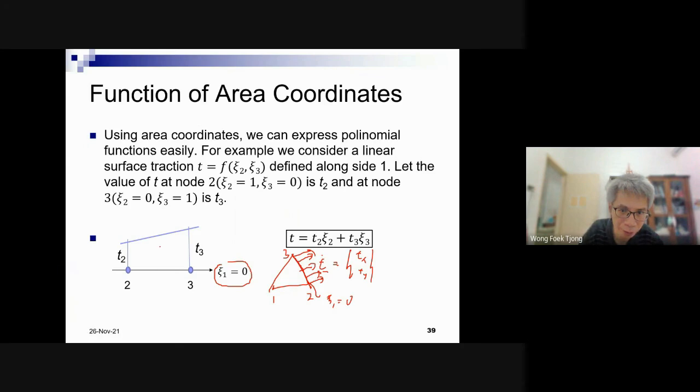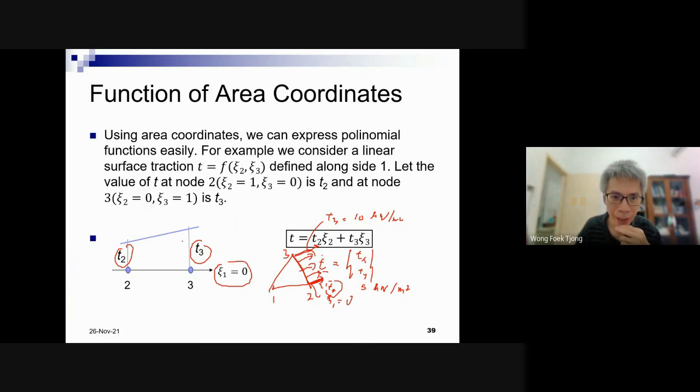And then I draw in here. Let's say the value of the traction here is T2, given, right? Given. For example, maybe 5 kilonewton per square meter here. Maybe at node 3 it is given, for example, 10 kilonewton per square meter. Or any unit, maybe kilonewton per meter, depending on whether you have multiplied with the thickness or not, okay? Any unit, I mean force per unit length or per unit area. Given, so these are given numbers, okay?